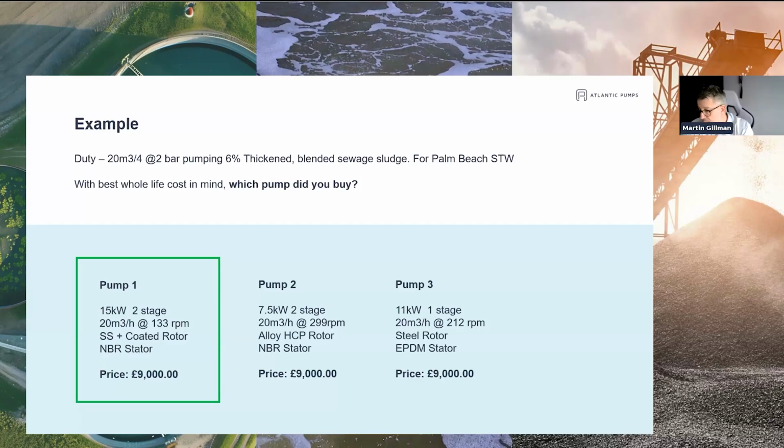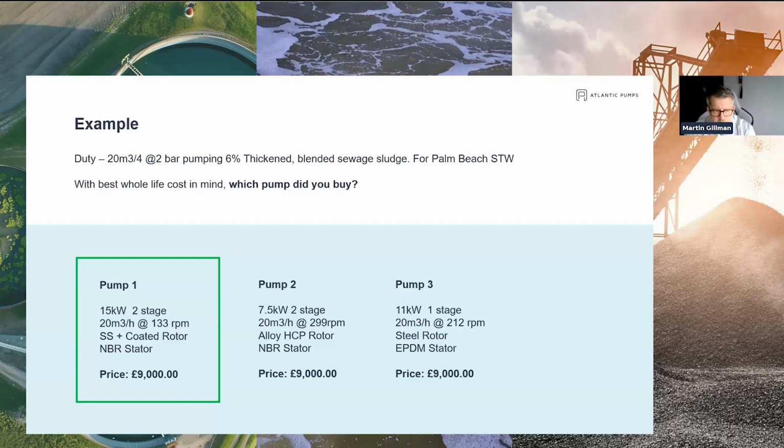Some resellers, and I mean this in the nicest possible way, they need the business, they want an order, they might offer you all 3 of those and say, you choose. They just want an order. But if you are dealing with people who are a bit more nerdy, who really do want to offer you the right pump for the job, then you probably will get most of this information up front anyway, and they'll be able to justify it. But many people also won't. So make sure you drill down, push back, ask them for more information,